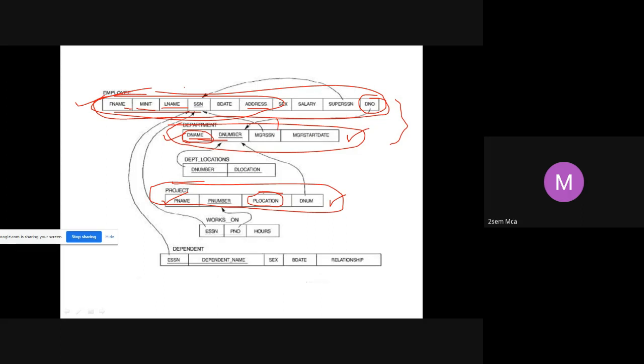Once I get that, for each of the P numbers that I have, suppose I have obtained 4 projects. For each of these 4 projects, I have to find out which department is controlling it. So I have to start checking D number equal to D number of project, D number of project equal to D number of department. I have to start checking, so I will get to know which department is controlling